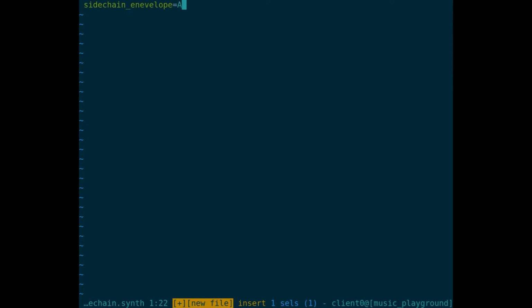And this will be just an attack decay and give, I don't know, something like that. Okay, so now I have an envelope that's triggering every beat,